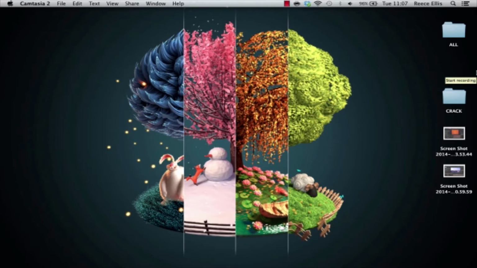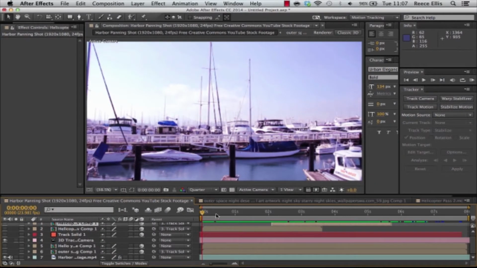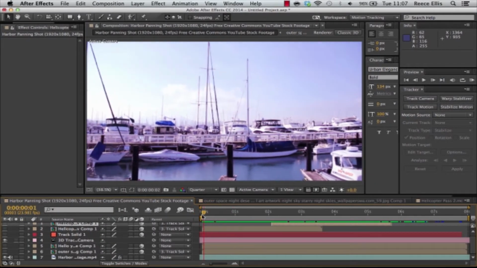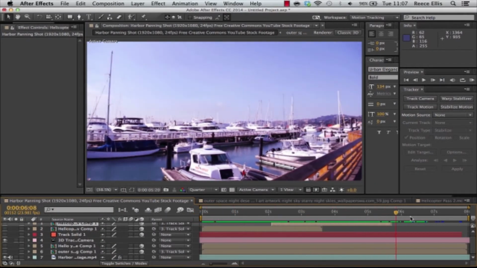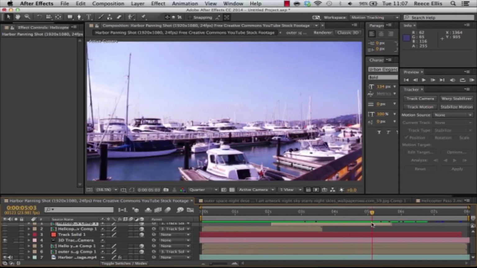In this tutorial I decided I will teach you how to motion track in Adobe After Effects CC 2014. I do believe this method only works on After Effects CS5 and above. I've got After Effects open here already, and I've just downloaded an example scene from the internet. It's a panning shot of the harbour. And I've already motion tracked it just so I can show you what kind of potential motion tracking can give